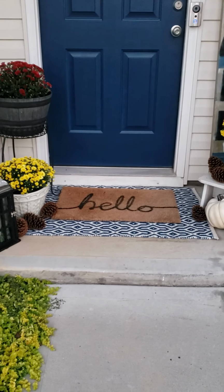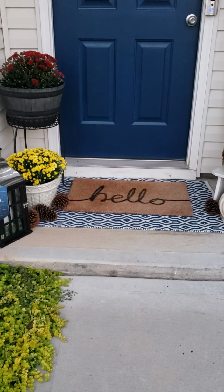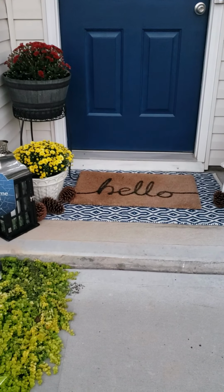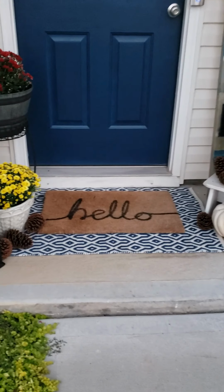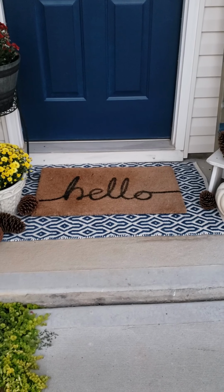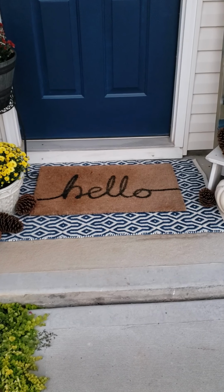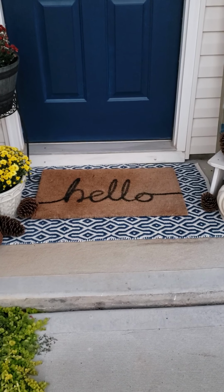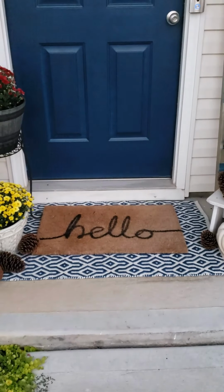The mat, I picked it up from Gabe's. I think it was $12.99. I thought it was a great deal. And the hello sign came from Hobby Lobby. And at the time, I think it was half off on those signs. So I think this came up to, I think it was like $7.99. I'm not sure, but all in all,